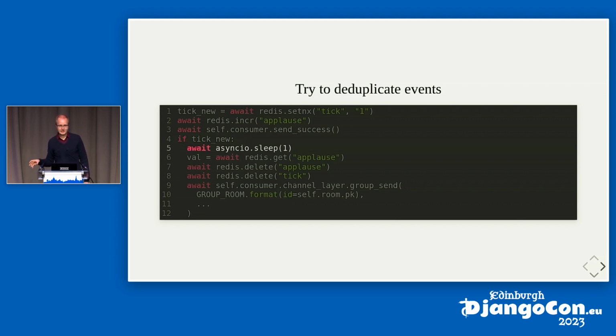And what we do is we send our consumer to sleep for a second, which nobody notices. It might feel a little bit lucky if the same person executes another command just after that, but it's really not noticeable in the UI. And then after that second, we get the number of applauses from Redis, and we delete both keys that we worked with. So now we have the number of people that applauded in the last second, and we're sure that this is only executed once for the same number of people. And we can send that information into a group, and we're done, and the cycle continues automatically the next second if the action is executed.